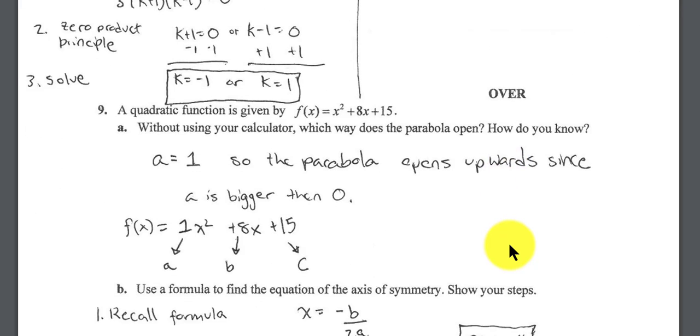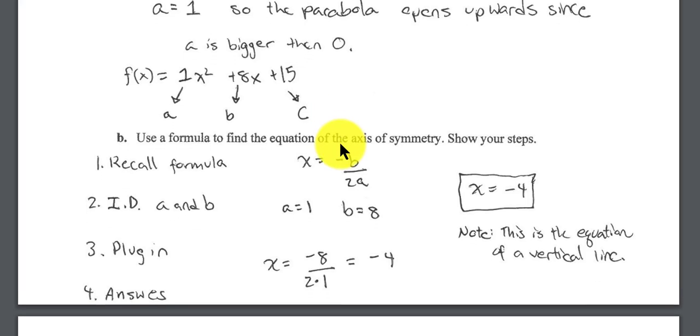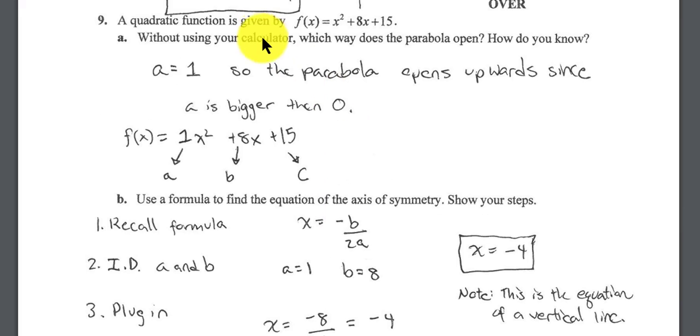Number 9. We know this opens up because the value of a is plus 1, the value in front of the x squared. Since it's positive, we know the parabola opens up. Question 9b, use a formula. The axis of symmetry is x equals negative b over 2a. Going back, my a was positive 1, my b was 8. So that's going to be negative 8 over 2 times 1,